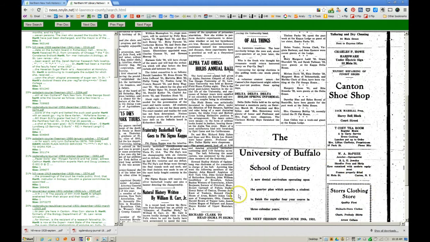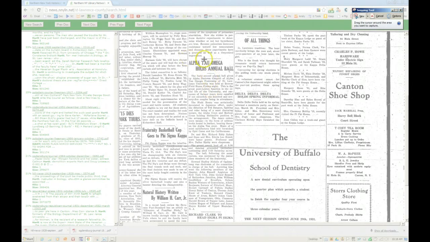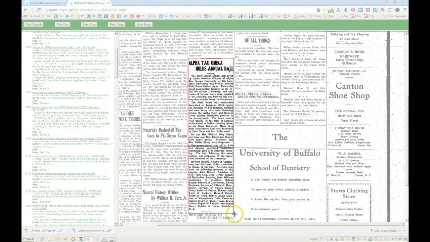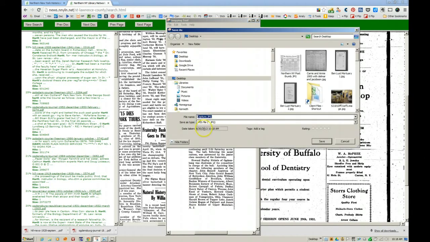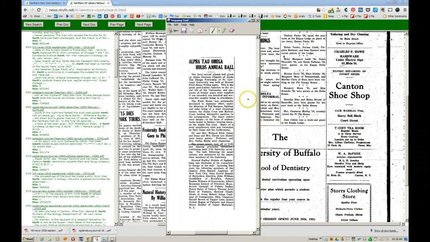If it happened to be in this particular article here, I would just use my snipping tool, and I would snip the article here, and then I would save it, change the name of the file, and then I put in the name of the newspaper, the date, etc., and I would save that, and now I've got my article.